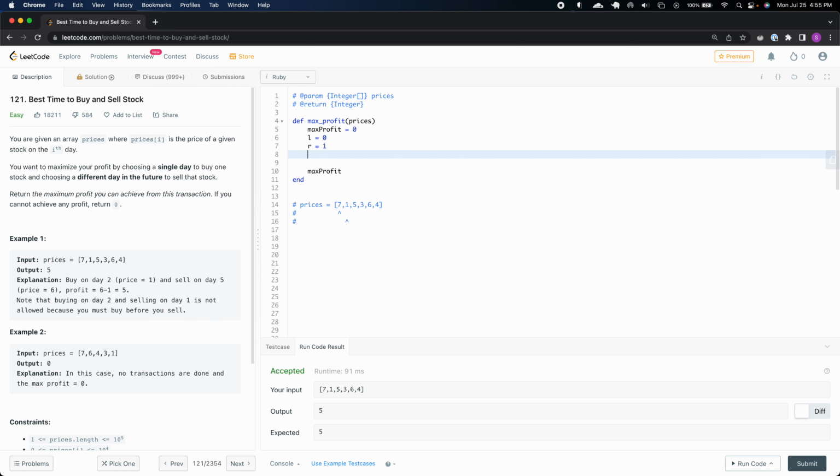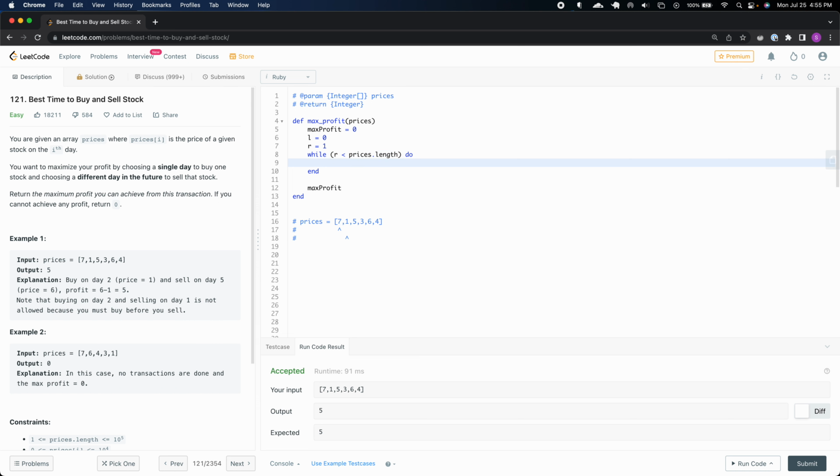So we're gonna have the right pointer going all the way until it reaches the end. So while right is less than prices.length do,